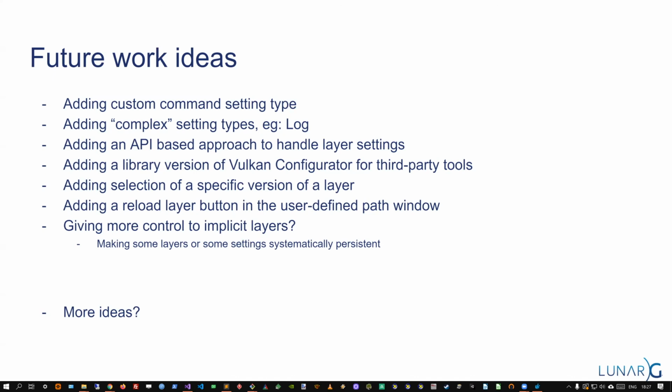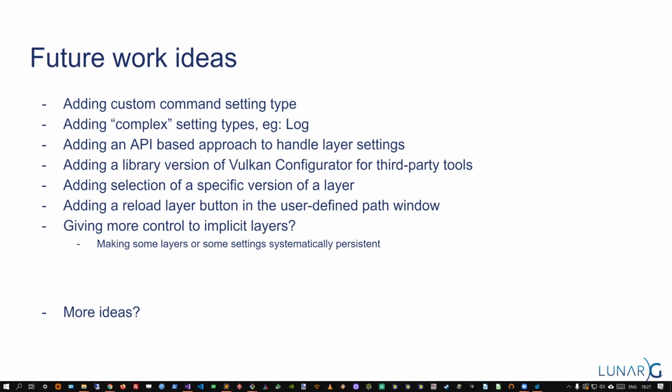Yes. So what can we do with layers? Basically, the layers intercept the API calls of Vulkan. Well, it's not magical, it's implemented. So if you want to intercept and do something before it touches the Vulkan application, you can do it. So it could be a lot of things.